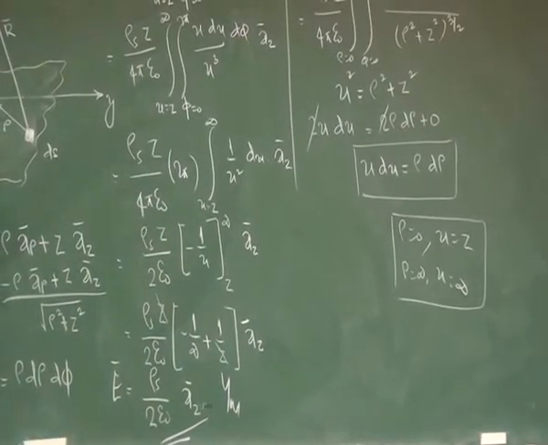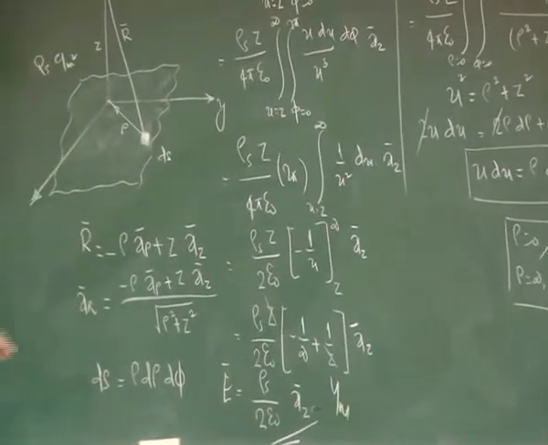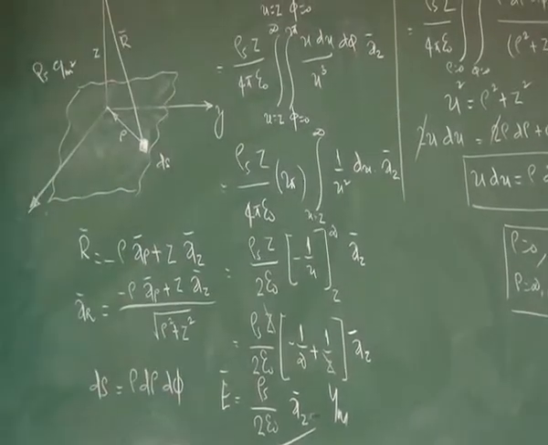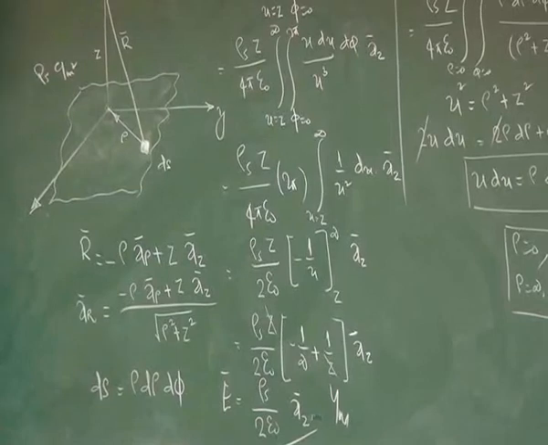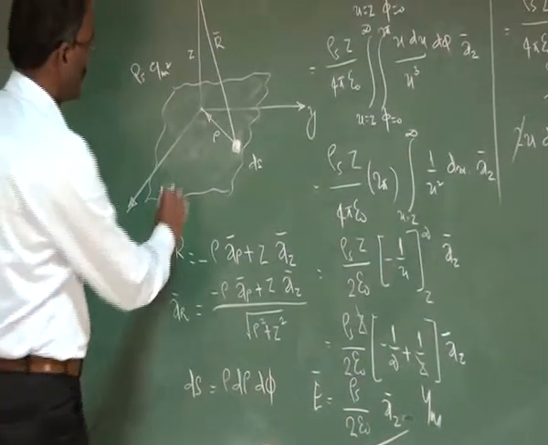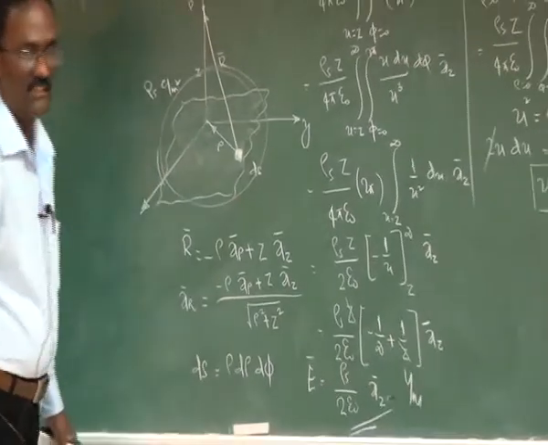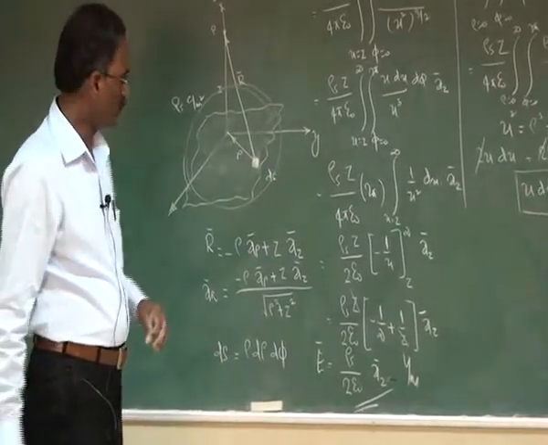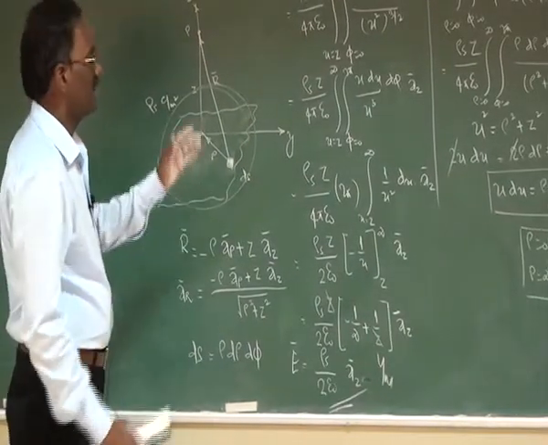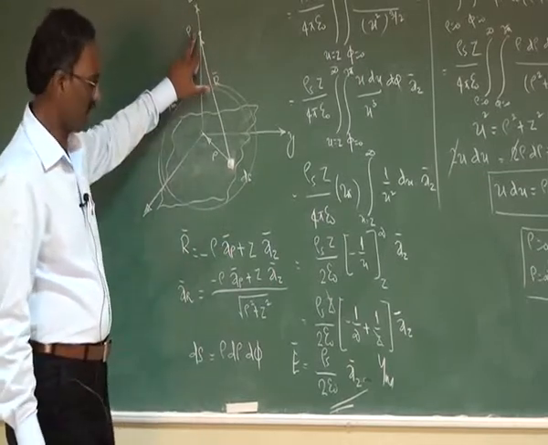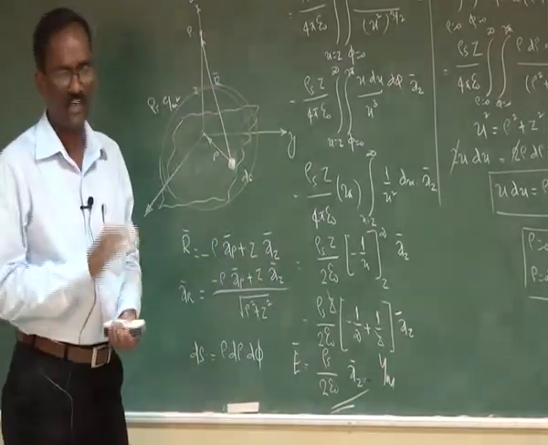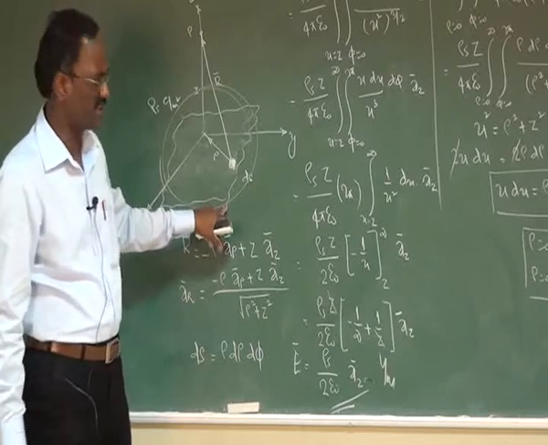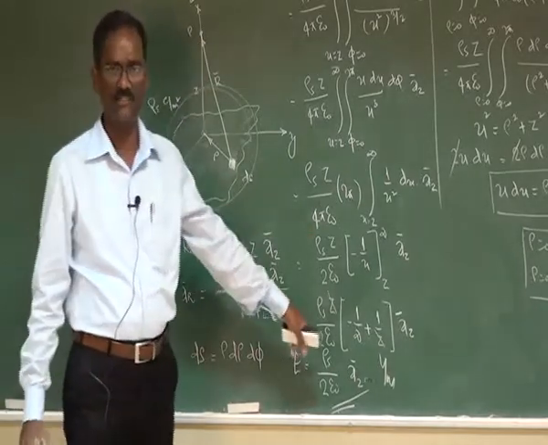So for the infinitely long surface charge density also I am getting the same result as the circular disc. E bar is equal to rho s divided by 2 epsilon O a z bar volts per meter. Whether it is an infinitely long surface charge sheet or a surface charge density circular disk, I am getting the same result. Again I have taken one point along the z axis. So this a z bar is nothing but the normal direction from the charge sheet where you have placed it. Since it is placed on the xy plane, the normal direction is a z bar.